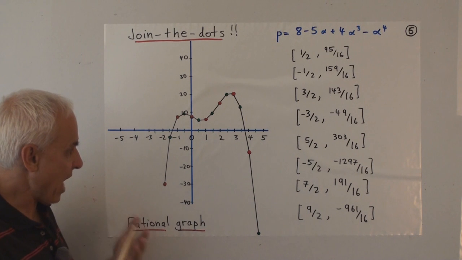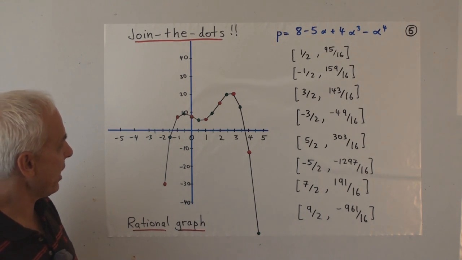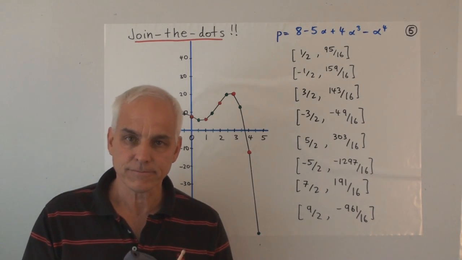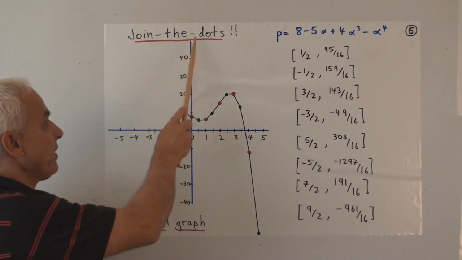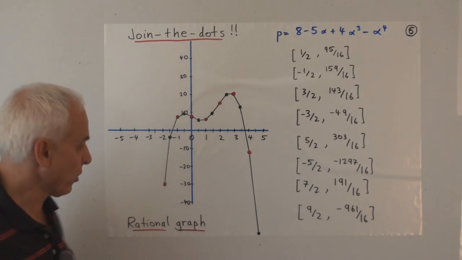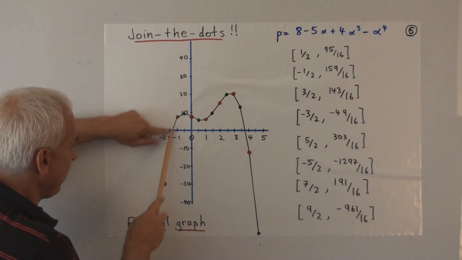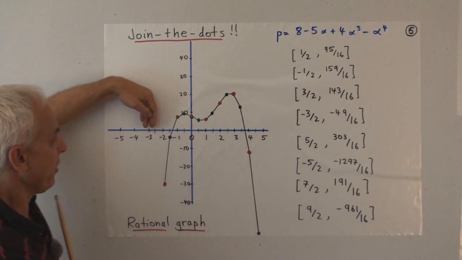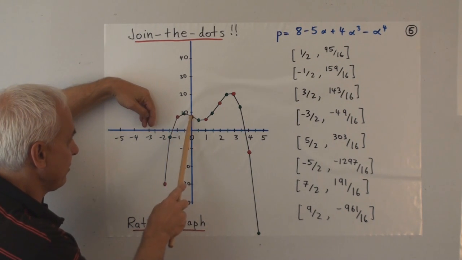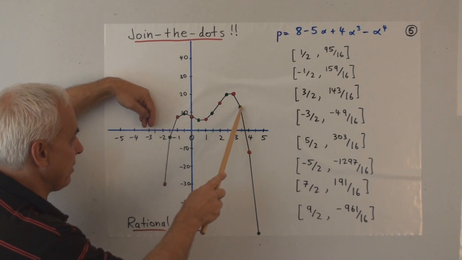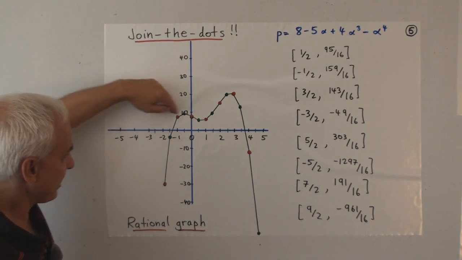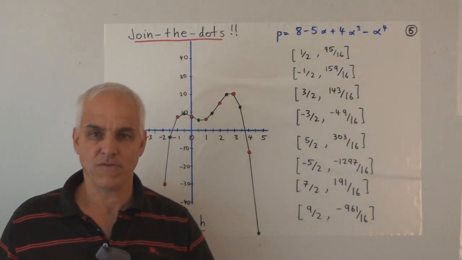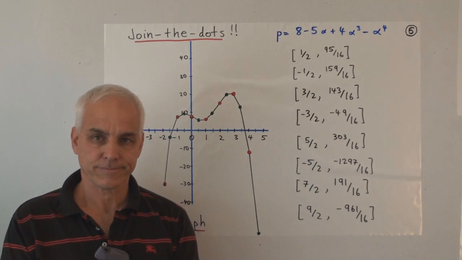And now, because I'm interested in a rational graph, I'm going to use a time-honored technique that goes back to primary school, or probably even earlier. We are going to join the dots. We're going to take our ruler, or our straight edge, and just join these adjacent points, because they're all one after the other in a certain order. Join them up with this black line, just straight line segments from one to the next, and then we get some kind of picture of a part of the polynomial.